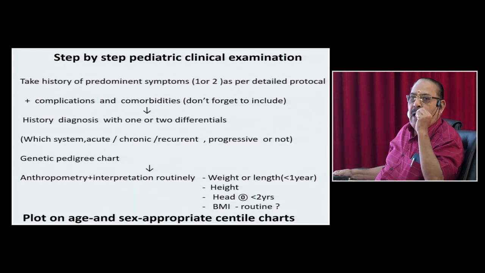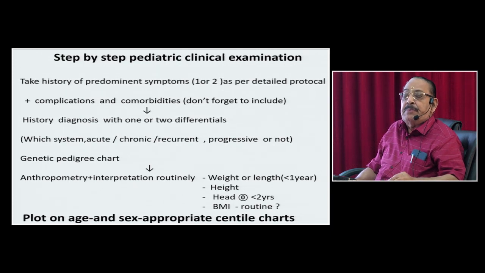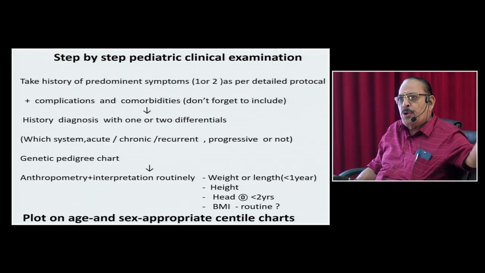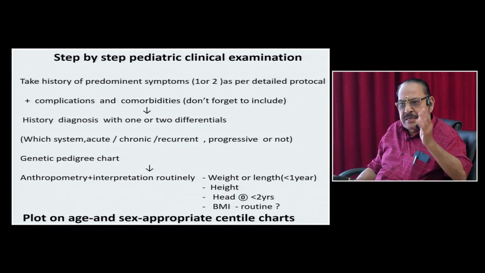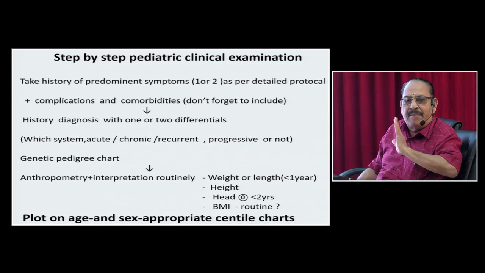Pedigree chart. I have seen these people, a child of 10 years coming with a global developmental delay. As the child has symptoms from birth, I will start from antenatal history. This is what people start telling. I will always say, why antenatal history? You start from the love story. When did they start loving? How did it happen? You will never come to a conclusion.